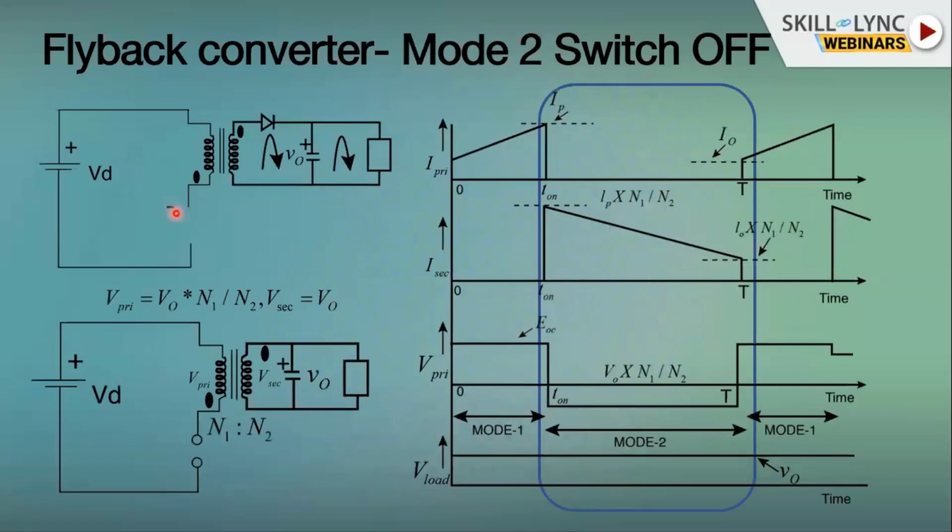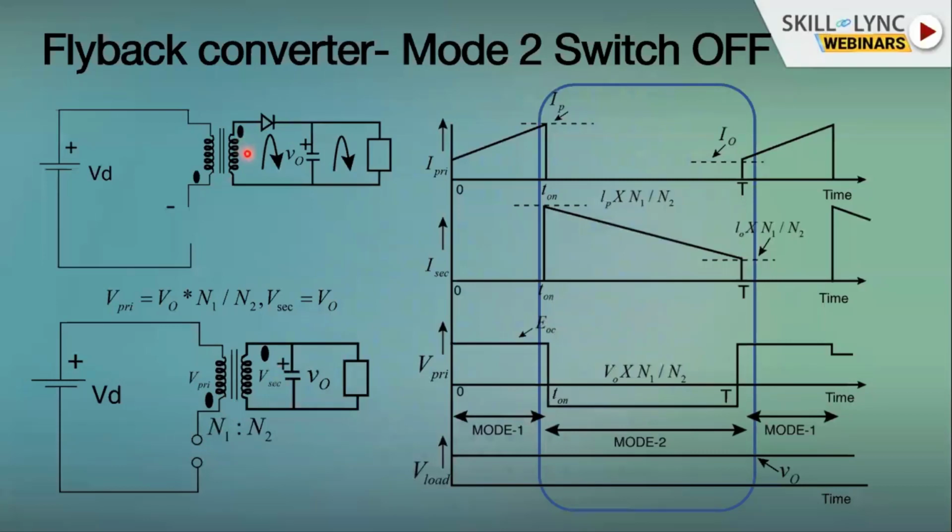Now when we are switching it off, this particular transformer will act as an energy source, and it will start dissipating the energy in the form of current. In that case, electrically this polarity will be reversed. Why is it reversed? Because instead of accepting energy, it has started transmitting the energy or current. So the polarity changes from here to here, and now the diode will come into the picture because the flow of current will be like this. So here is the circuit, and the flow of the current will be like this.